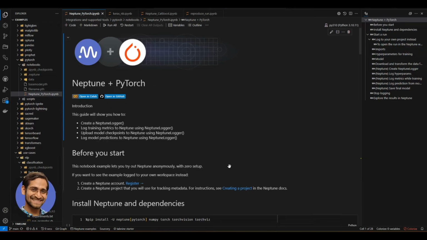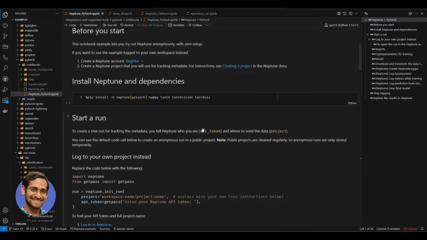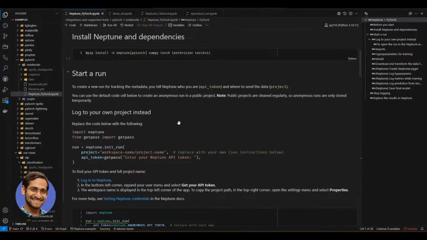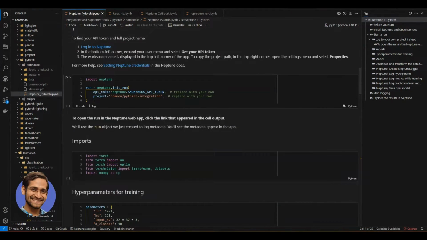So this is our PyTorch example. It's a very simple script. We just have added Neptune logging to this. So we'll just start. The first thing you do is, say, you start a run, and I'm in a